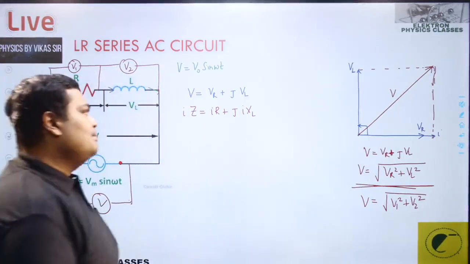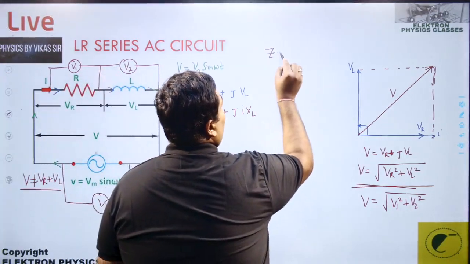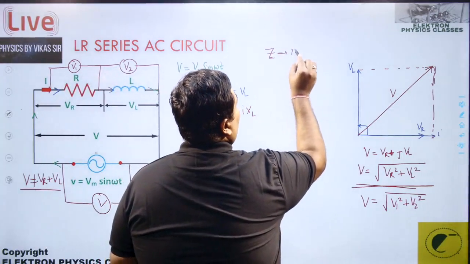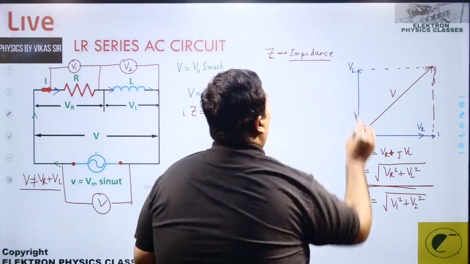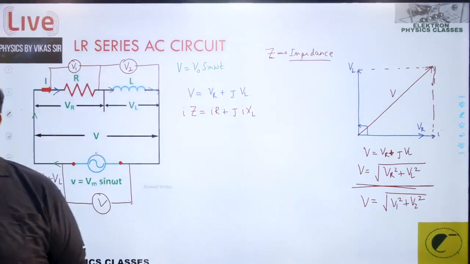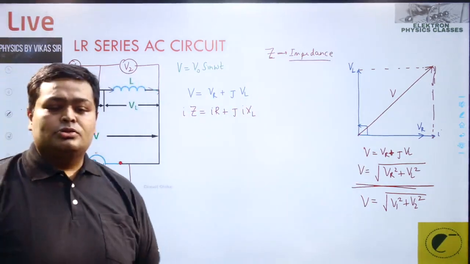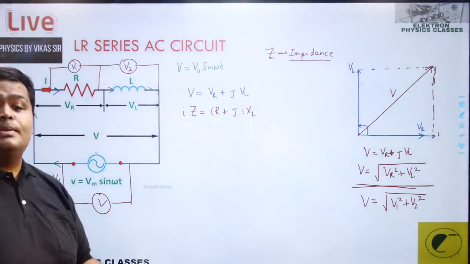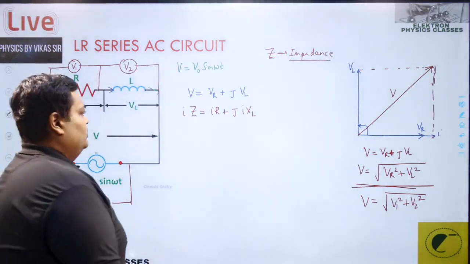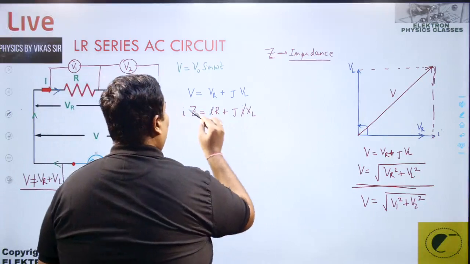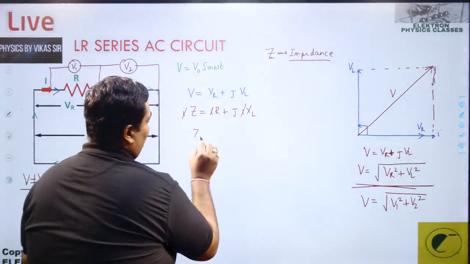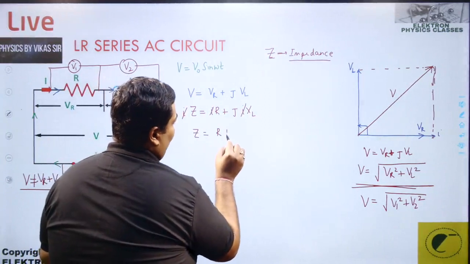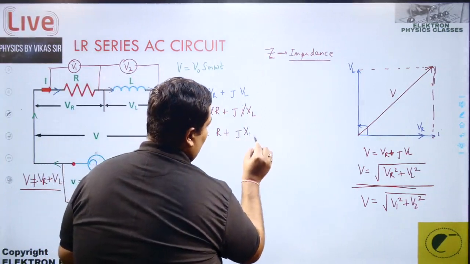इंपिडेंस। क्या नाम आया? इंपिडेंस। What is Z? इंपिडेंस। मैंने बोला था ना नाम बहुत बढ़िया है, ऑर्डिनरी नाम नहीं है राम श्याम। राइट? So it is a good name, that is impedance. So what happens? I cancel. So what do we get? We get Z as equal to R plus J XL.